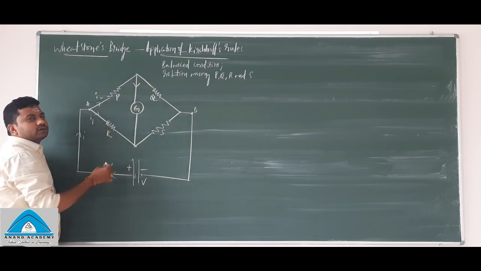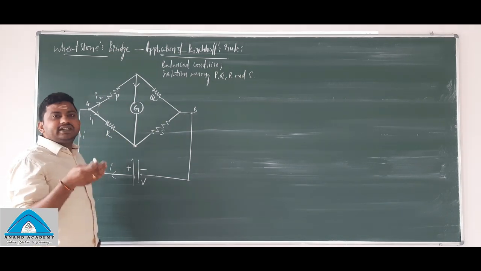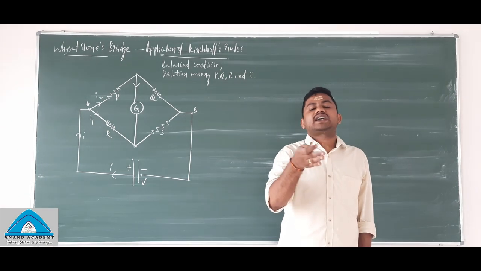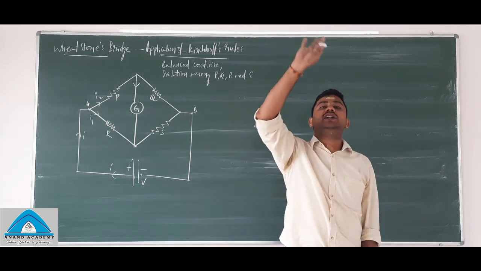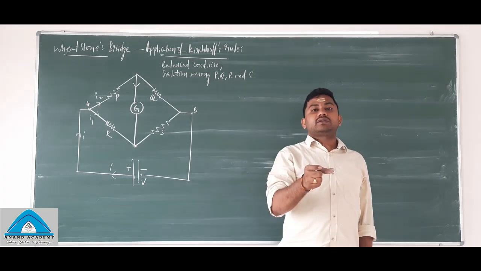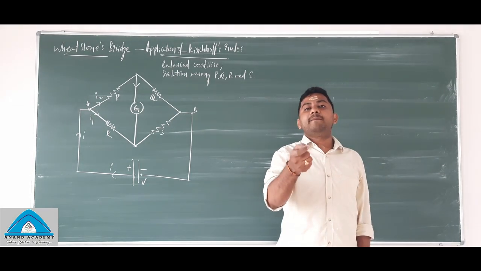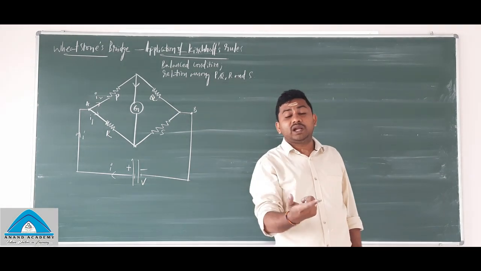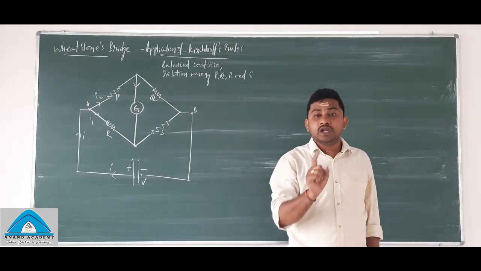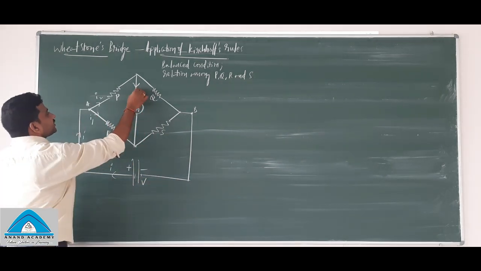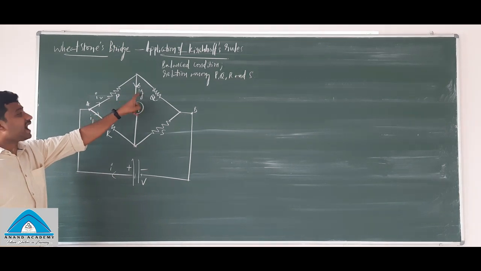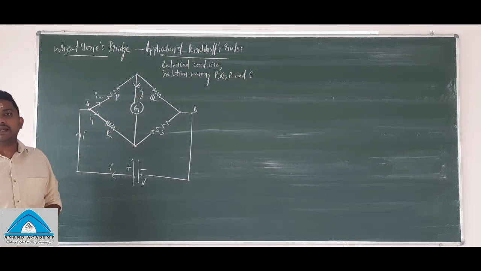So this is the galvanometer. The galvanometer is the device which finds the amount of current as well as the direction of the current passing through the circuit. Understand? It can also measure the amount of current passing through it. That may be a small amount, but it will measure. That indicates it will have some resistance. Yes or no? So this galvanometer will have some resistance, which means some current will be passing through it. That current is Ig, the current passing through the galvanometer.